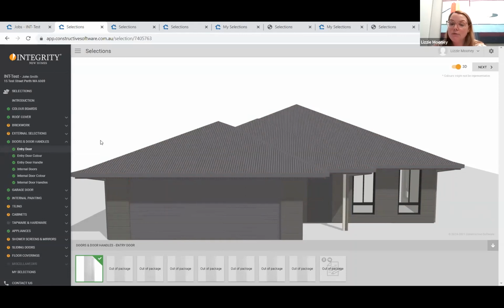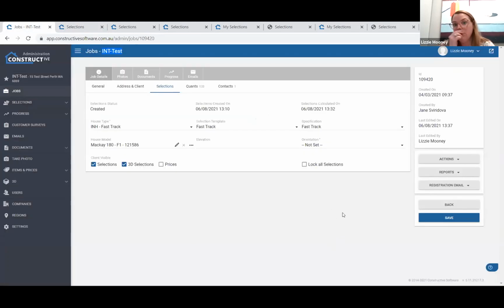But a couple of pieces of feedback we've had from some of the fast tracks this week, they've all really enjoyed it. So it's really good. So almost finishing up, what will happen is when the clients are actually in their selections here,